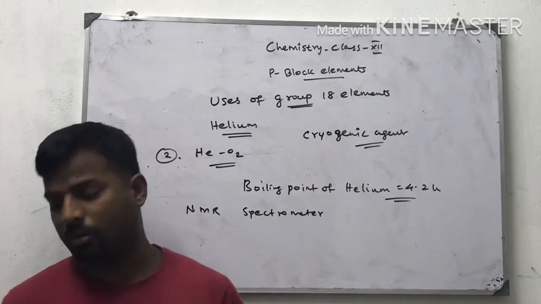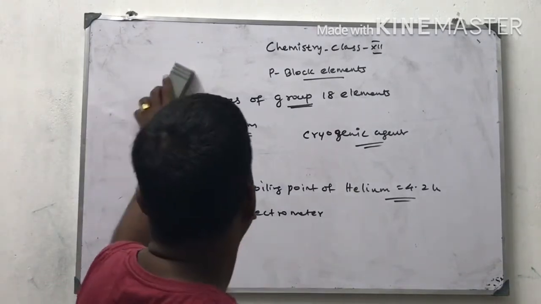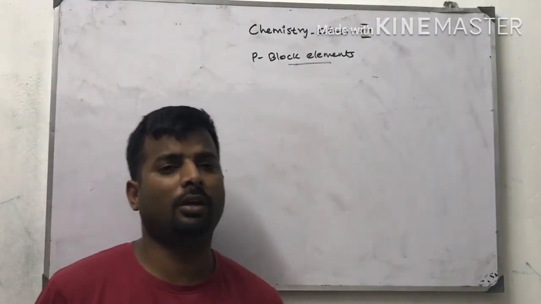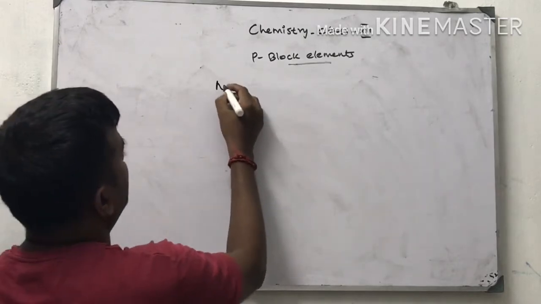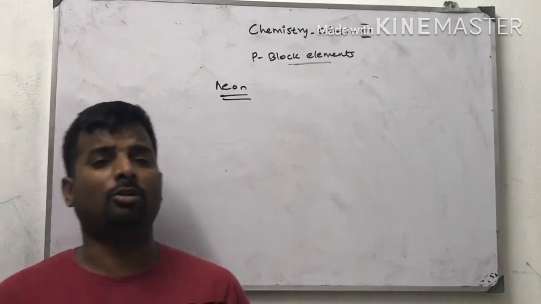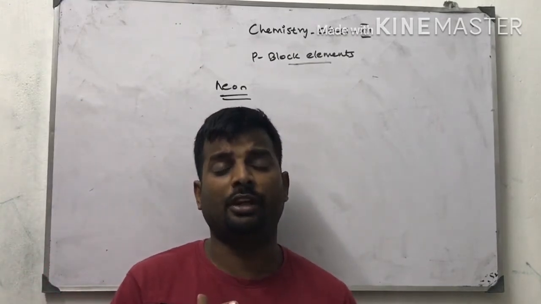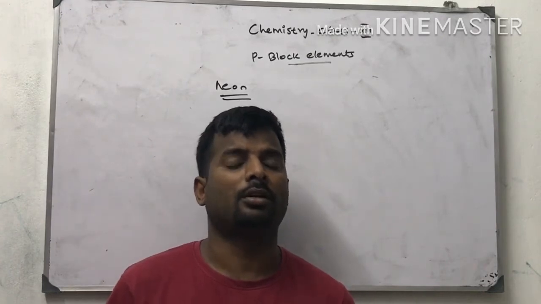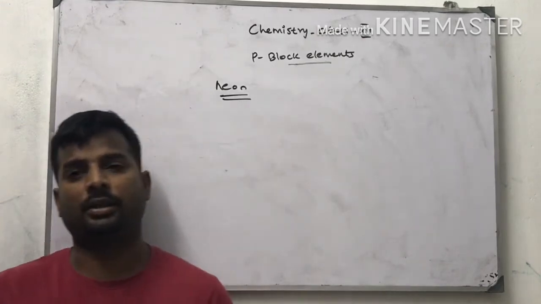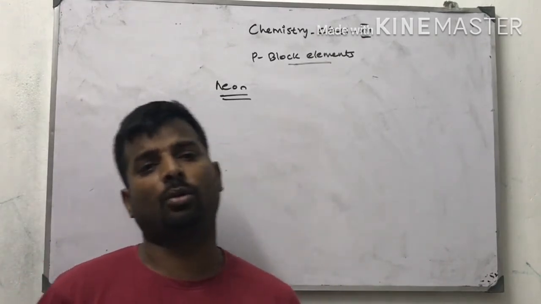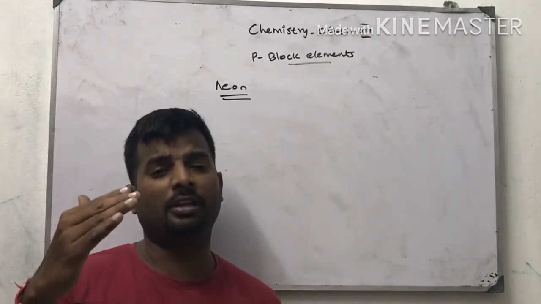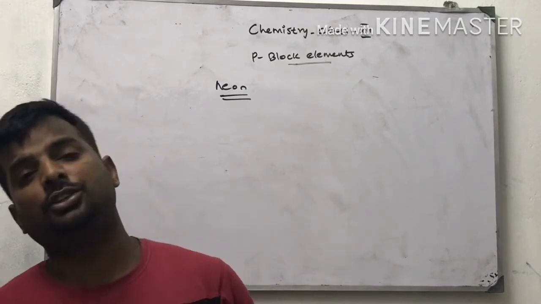Okay. Next we are going to discuss neon. Hello students, today we are going to talk about the uses of neon. Neon lamps are used in greenhouses because they are very effective in the growth of chlorophyll. Whenever we see a botanical garden, neon light is present in the garden, which is essential for the growth of chlorophyll.